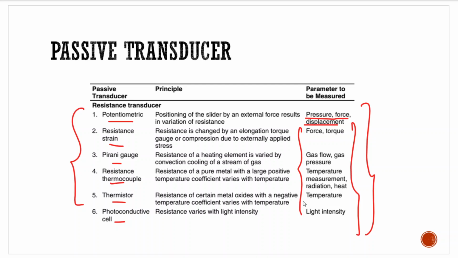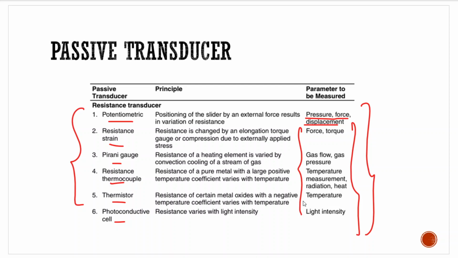Thermistor, again, temperature effect is being measured by change of resistance. Photoconductive cell, by change of light intensity, again resistance can be changed. So that phenomenon can help us in calculation of light intensity. Say for example, on a solar cell, we want to see the light intensity that falls on a solar cell. We can see that using the photoconductive effect. Okay, so different effects can be measured in the form of resistance using different types of resistance transducers.